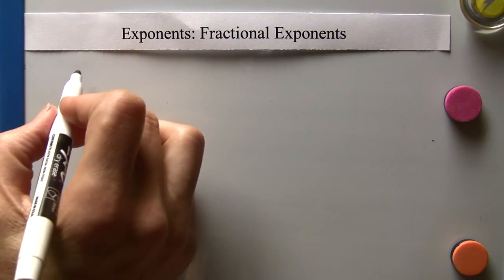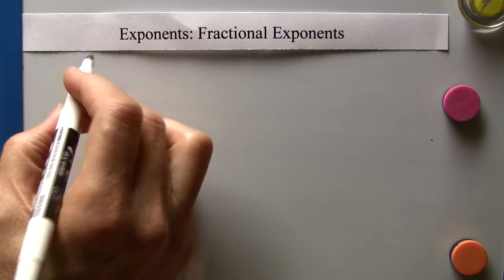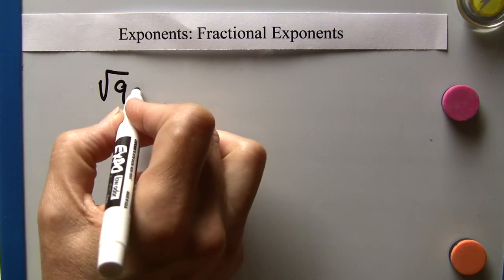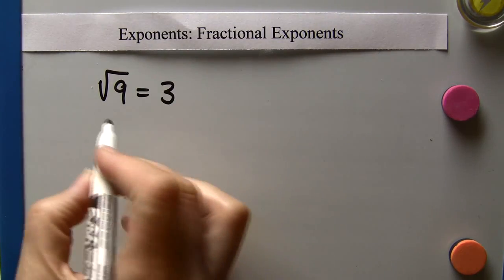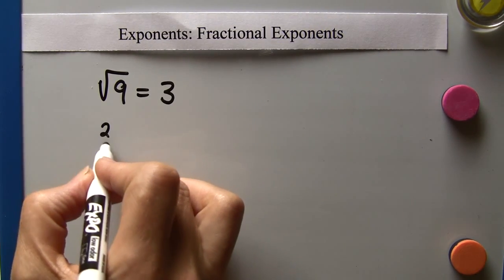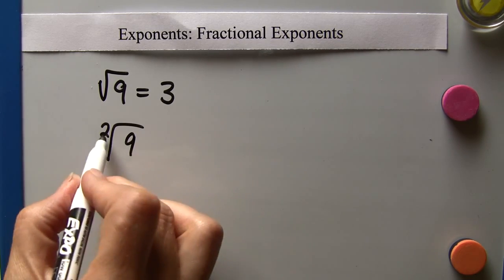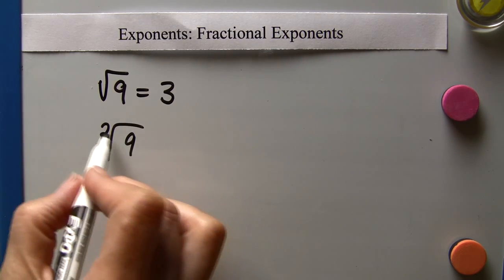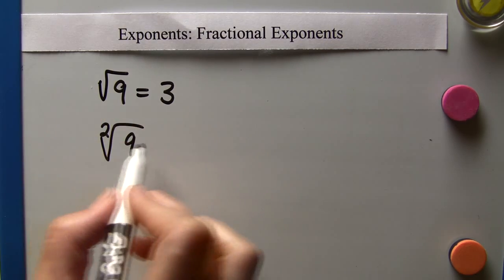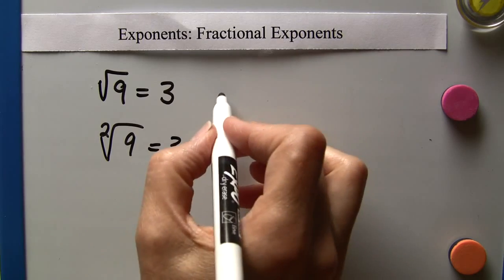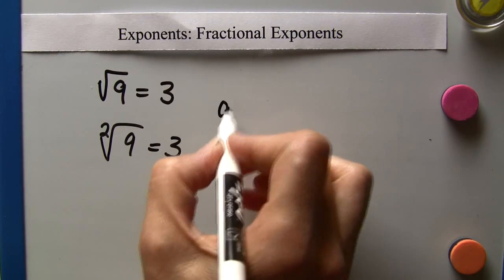Moving right into what's going on with fractional exponents, let's look at the square root of 9. Well, we all know that's 3. We don't often write in this radical sign a 2, but it's understood that when we want the square root of 9, we can write it this way or we can write it this way. Square root of 9 is 3. Another way to write the square root of 9 is to go 9 to the 1/2,